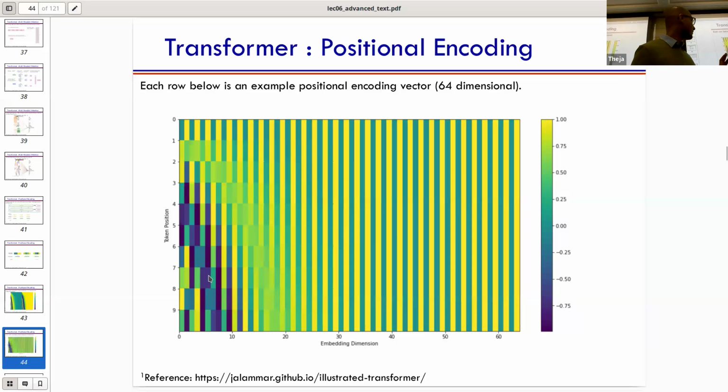Here's another positional encoding, which is only 64 dimensions in length, which is the number of columns here, and the number of rows here is 10. So it's just an illustration of how positional encoding could look. Here is an example where the 0th position means 0, 1, 0, 1, 0, 1, and so on. So when you add this to the x vector, you can see that coordinates get changed quite a bit. But still, it turns out that this is a good way to encode position in your data. Okay, any questions here? No.